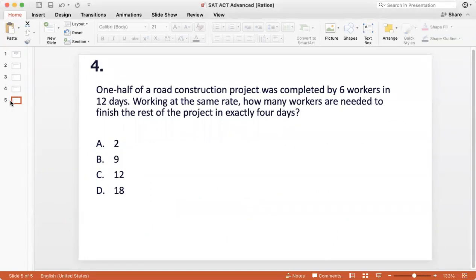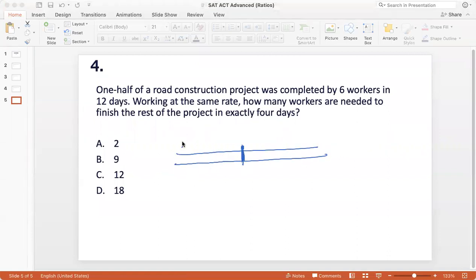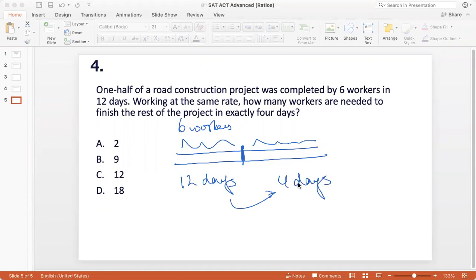Okay, next question. One half of a road construction project was completed by 6 workers in 12 days. Working at the same rate, how many workers are needed to finish the rest of the project in exactly 4 days? So we have a road construction project. Let's say this is my road that I'm constructing, and the first half was constructed by 6 workers in 12 days, right? Now I have the same amount of work because another half is left, but I'm reducing the days from 12 to 4. So if I'm reducing the number of days, then I have to increase the number of workers, because the number of workers that I would need to complete this portion would have to go up,